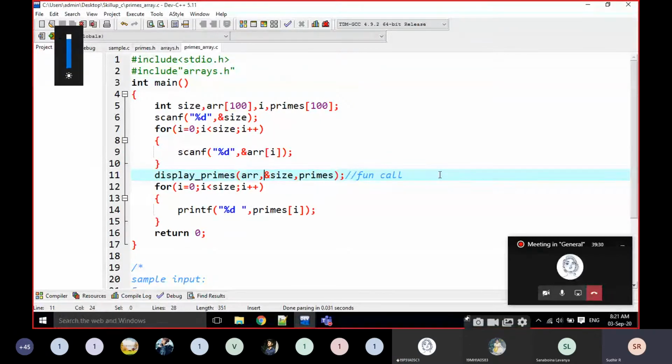Here I am passing 3 arguments. The function has no return type. What are the 3 arguments? What is the first argument? First of all, this is an address I am passing. What is this? Value. That is also address. Just observe, ampersand size, right?